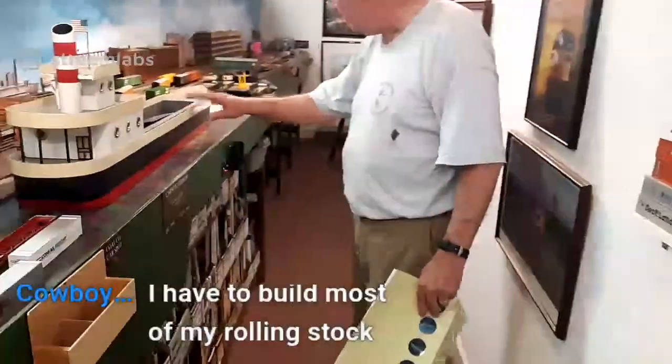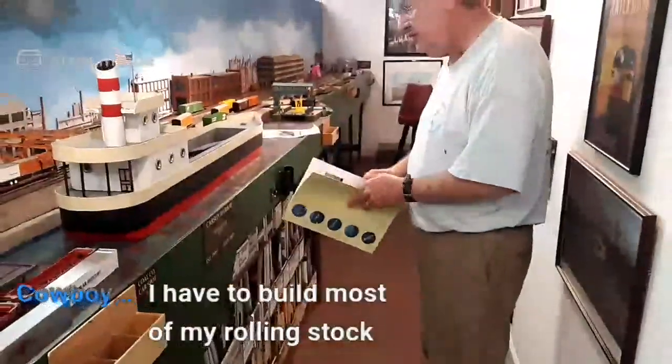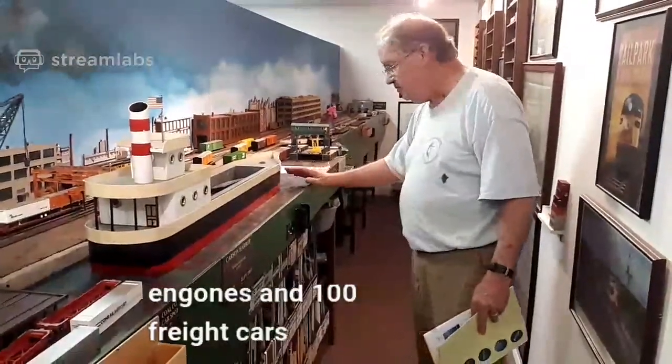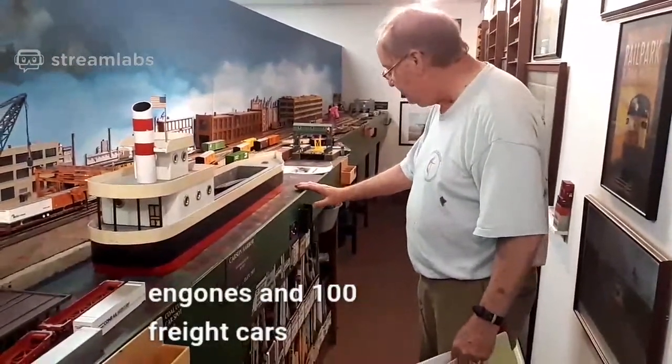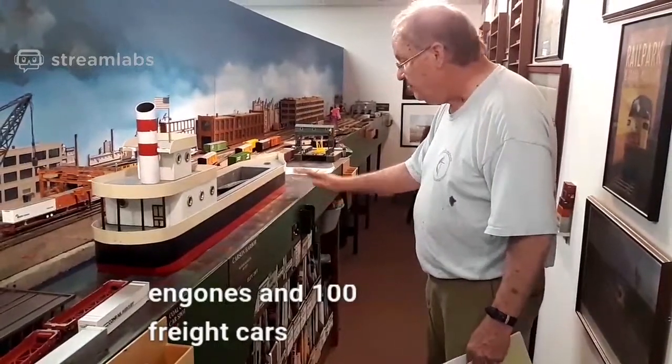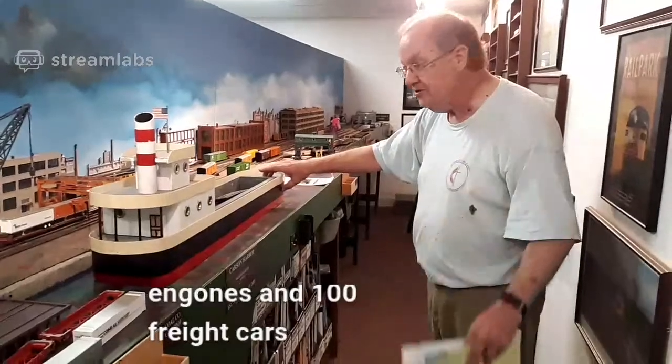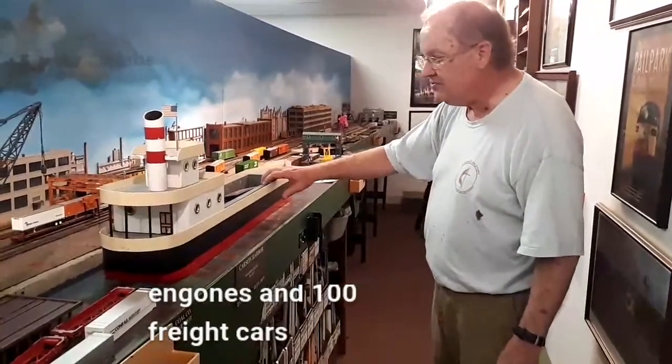So this guy was selling it for 30, and there's one in the Walthers catalog that's 1.5 feet longer, which is more like a container ship, 1.5 feet longer, $400. I did not have $400. Probably you don't either. So when I went by at the last of the show,